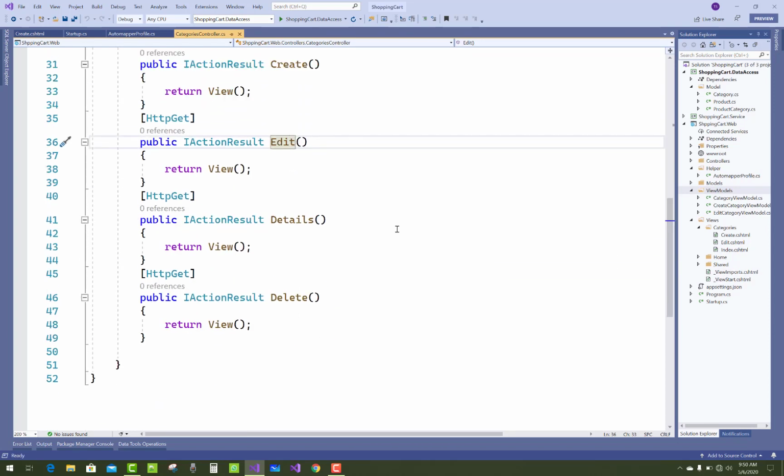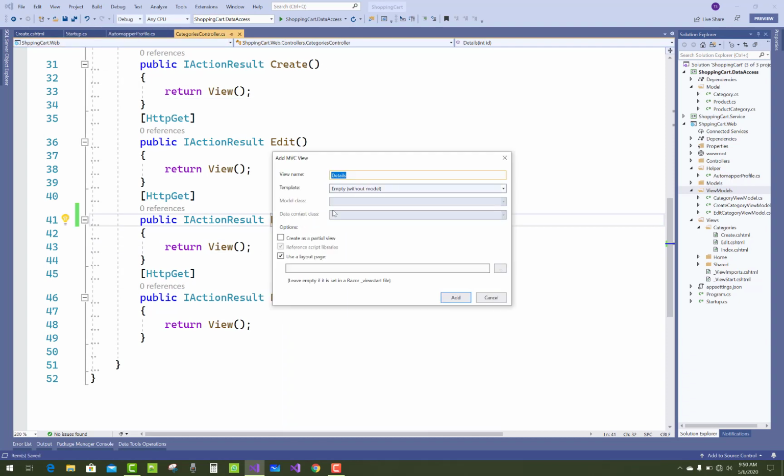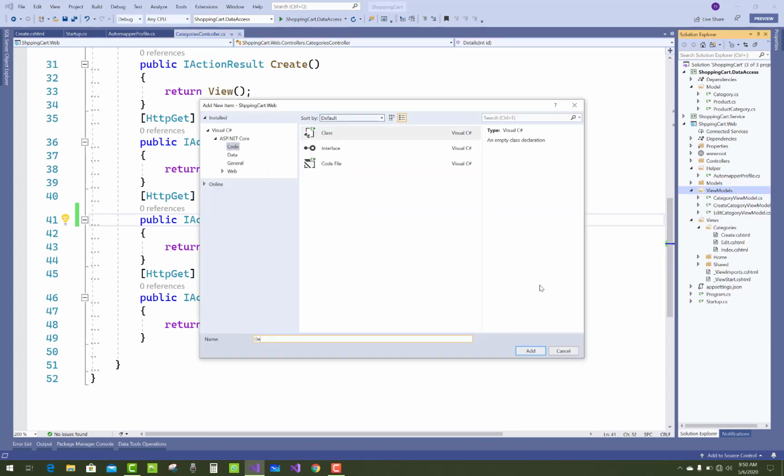Okay, and in the details section we must also get the ID as a parameter. So in the details section, first of all get all the details of the category by using its ID property.